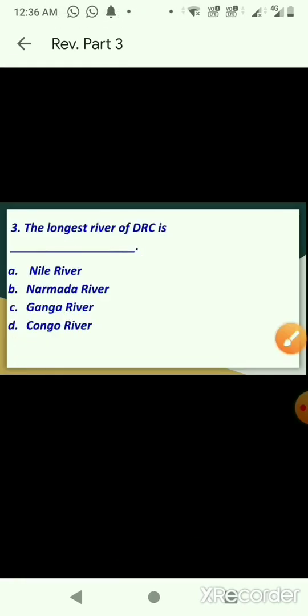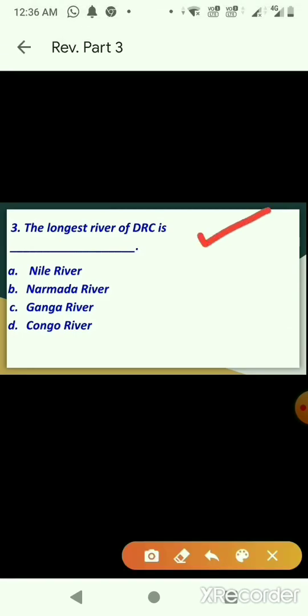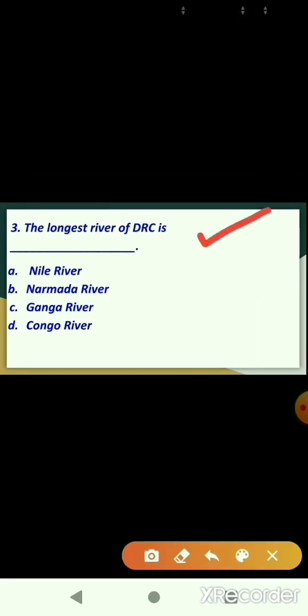Next. Number 3. The longest river of DRC is dash. Option A. Nile River. Option B. Narmada River. Option C. Ganga River.